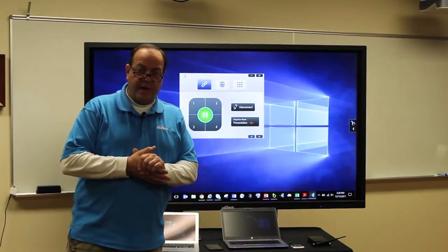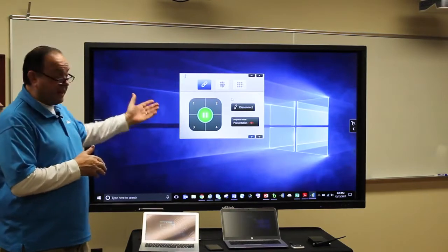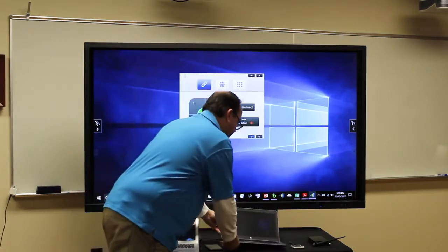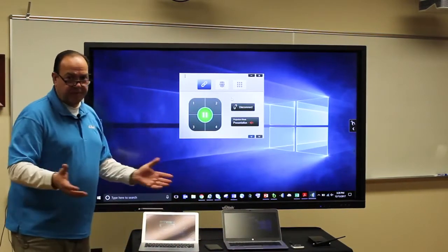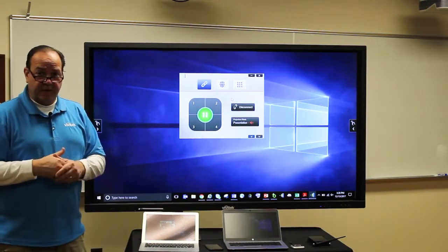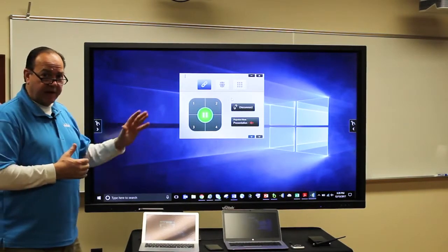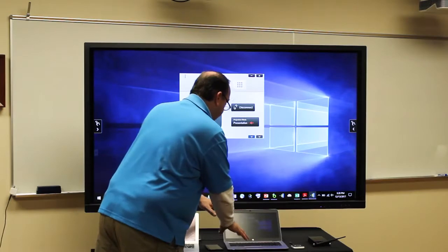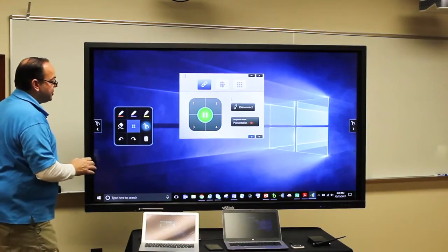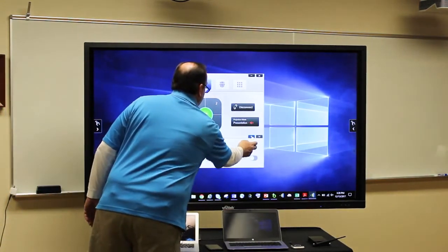Okay, so let me show you how a teacher would use this, for example. So I've got my PC connected. I'm showing my screen. As you can see, there's no wires whatsoever. So this frees up the teacher to walk around the room, to do touch operation from the device, or to touch and operate from up here. So I'm going to show you how I can fully operate my connected computer without having any wires connected to it. So the first thing I'm going to do is just make sure that I'm in touch mode here, which I am. From there, I'm going to prepare